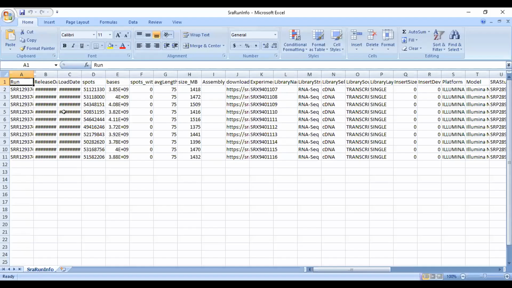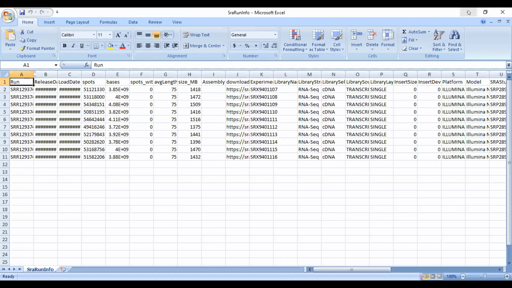So this is the SRA run table, and you can directly submit it on the tBANFO server. This is the table that you need, and you just need to save this file, instead of Excel or CSV, as TXT format, that is a tab separated format, right? So you need to save this file in TXT format.